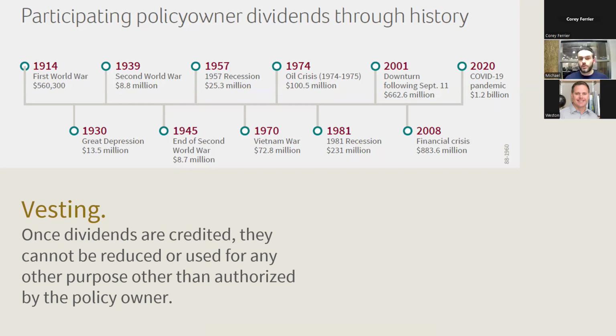They can never decrease it unless it's at the owner's discretion. So the policyholders immediately own the dividends, which I find, again, a very attractive feature to talk about. It's like getting a dividend basically, and there's no waiting period. It can't fluctuate. It can't go up and down year after year. So it's yours to own.